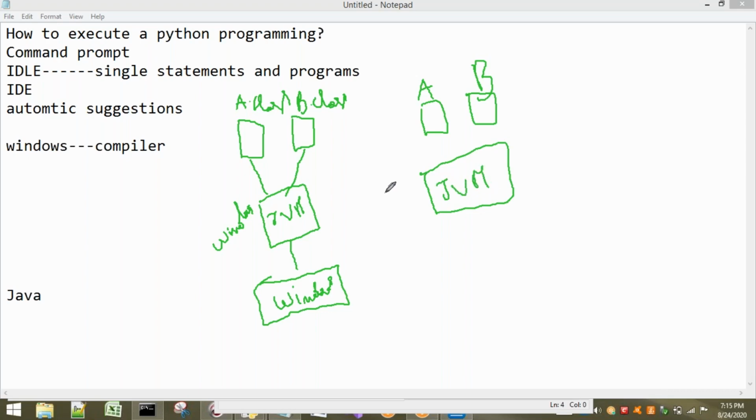So this is Linux JVM. Windows JVM converts Java to Windows, and this Linux JVM converts Java to Linux.